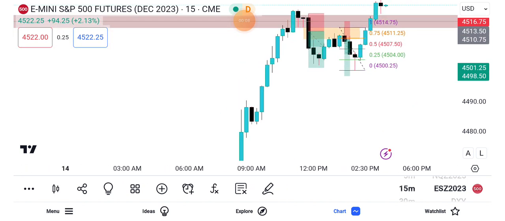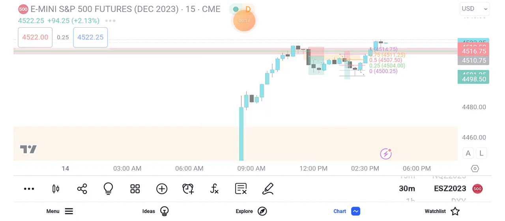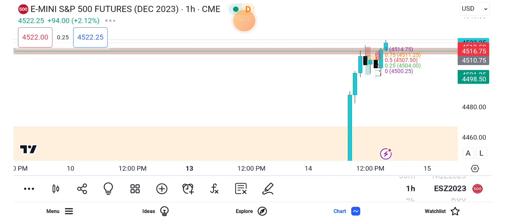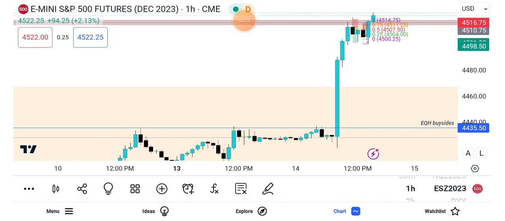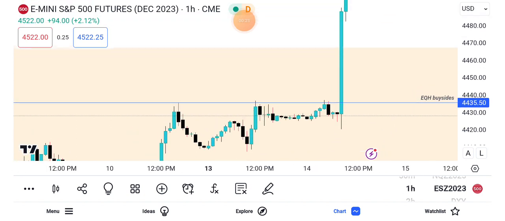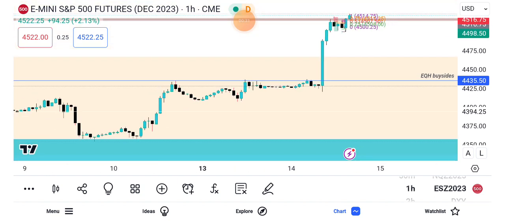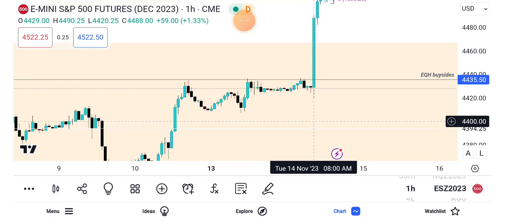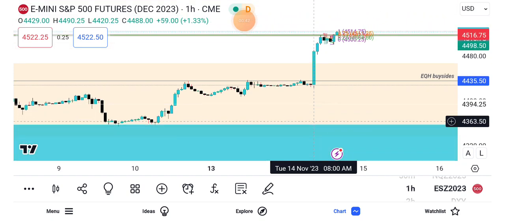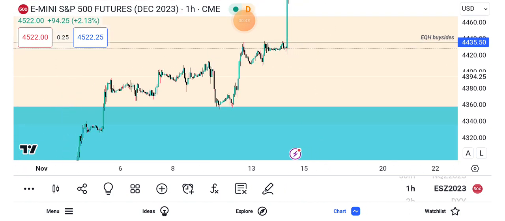Welcome to Tuesday. CPI day, and it was an exciting day, a day worthwhile of learning, of course. So at CPI, you can see this huge candle over here. This was around 8:30. That's when we had the CPI news being released, and from here